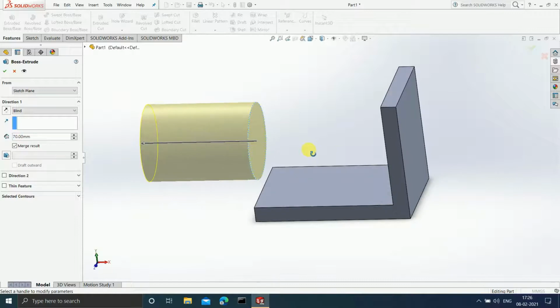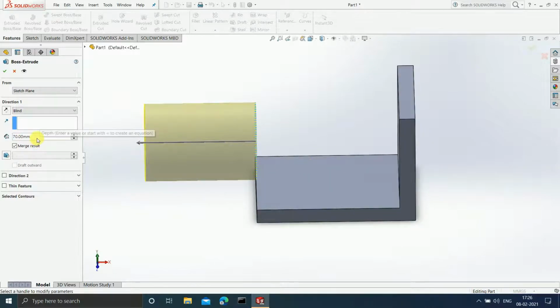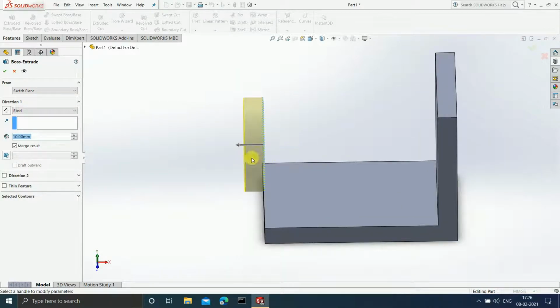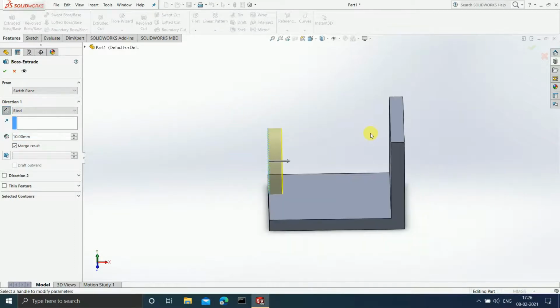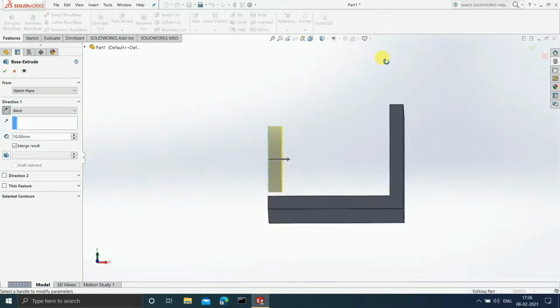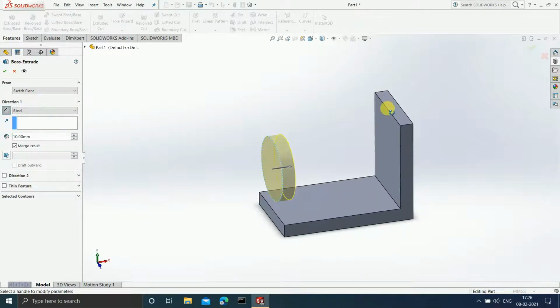Okay, so as you can see guys, first let me decrease the amount of extrude. Let me make it 10, enter. Now I want to increase my sketch in the right direction. I don't want to increase it in the left direction. I want to extrude it in the right direction. So what I will do, I will simply click on reverse direction, and now you can see the extrude has changed its particular direction.